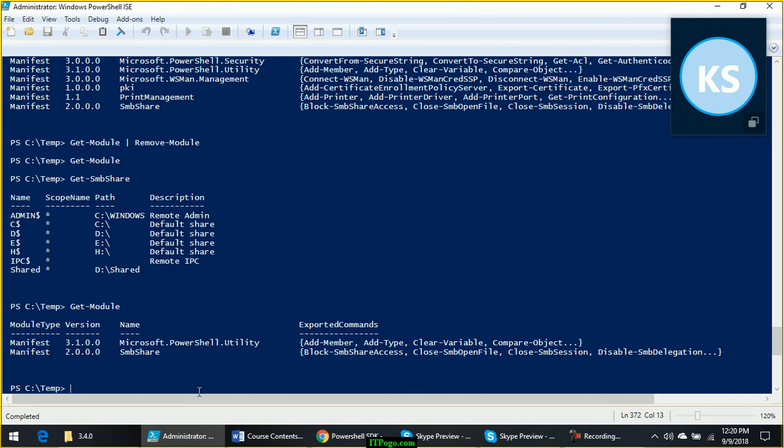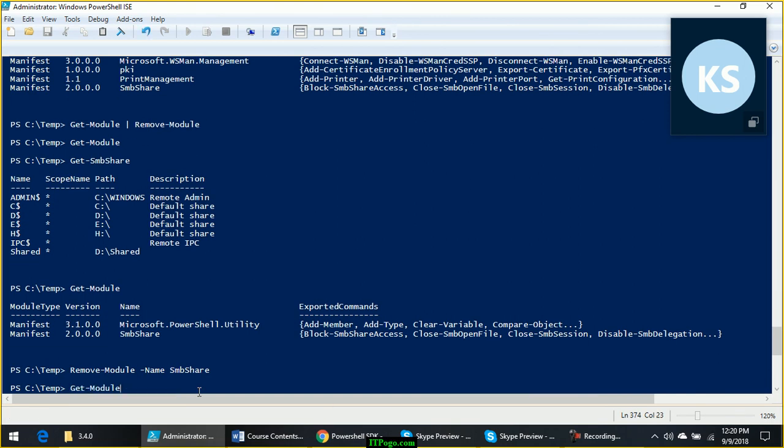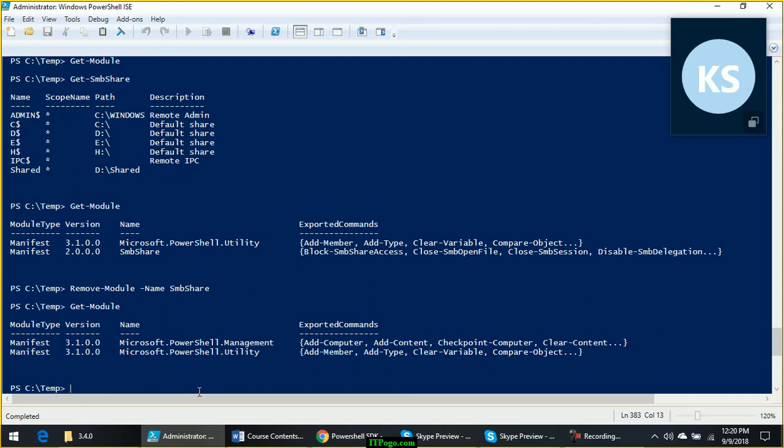You can remove a single module using remove module hyphen name smb share. The smb share module is removed now. It is removed from the memory, not from the hard drive.